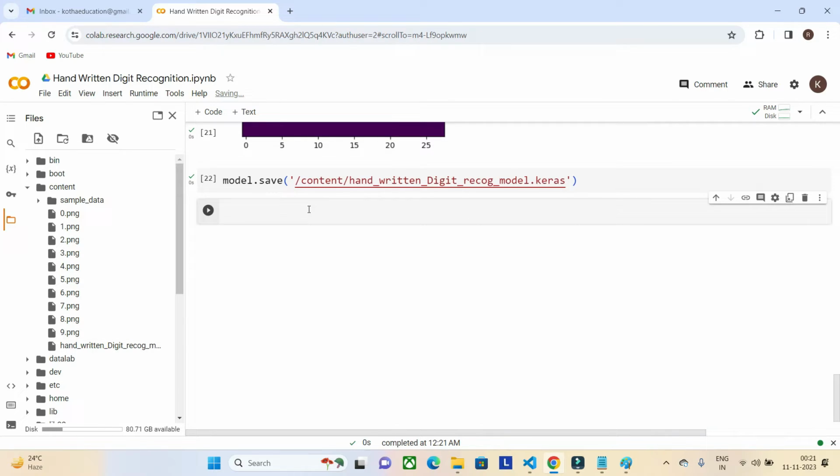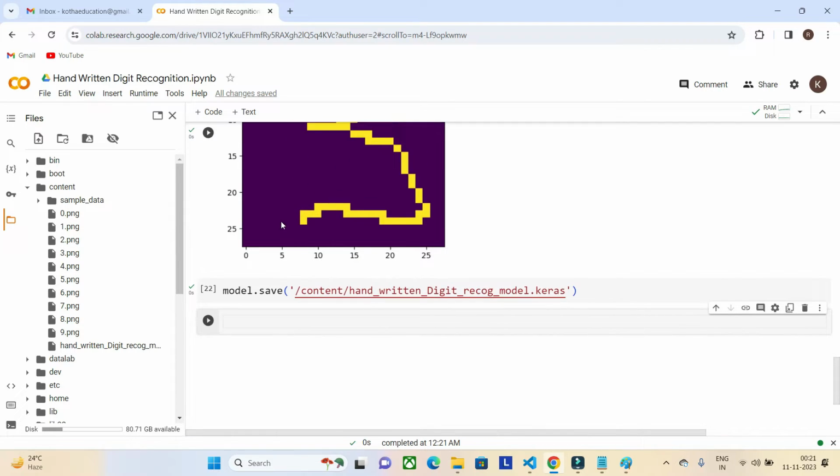So now the next challenge is how we are going to deploy it as a web application, right? We have our model and it has been saved. So what are the Python libraries which we would require to deploy our machine learning model as a web application by using Google Colab? The first thing we need is Streamlit. That is similar to what we do in a local system, right? So we have to do pip install Streamlit.